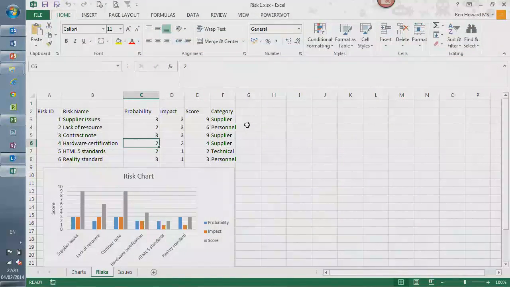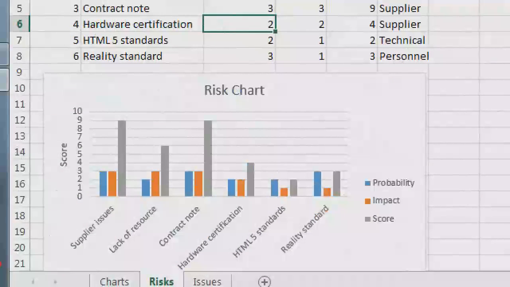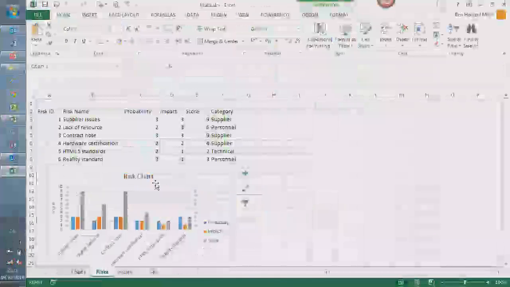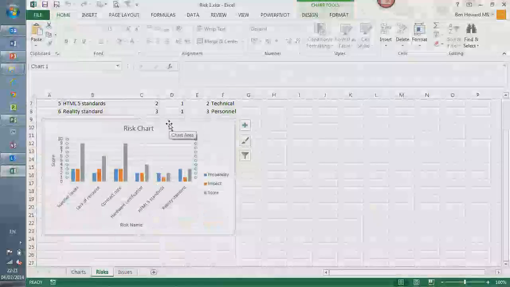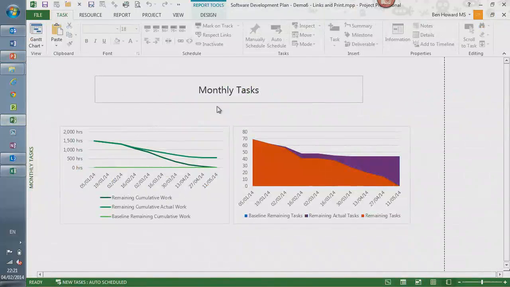So this is what a lot of people do. They end up with some Excel chart that gives me a graph or some Excel table that we then draw a chart on that looks like this. Now, obviously in Project Server you might do your issues and risks in some other way, but here we're in Project Standalone, so again, I can just go and copy this, Control-C, and we can go and stick that directly just as a graphic or an image within